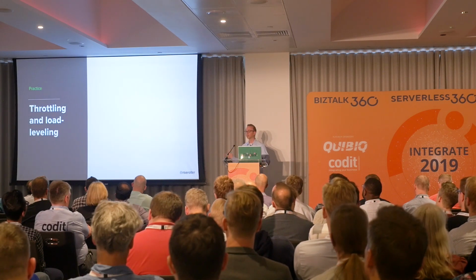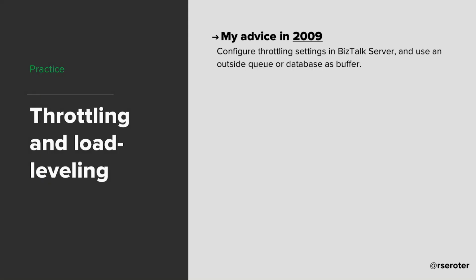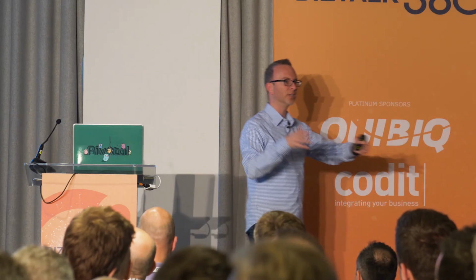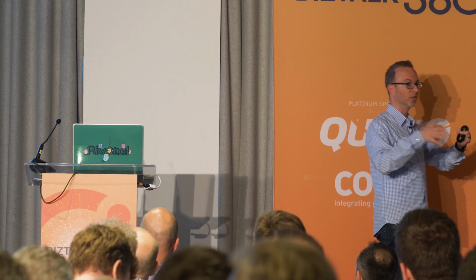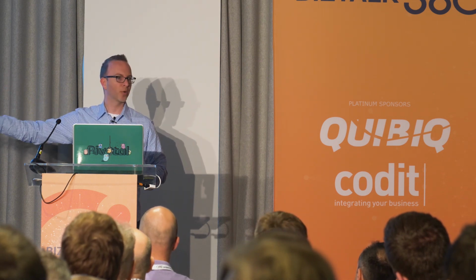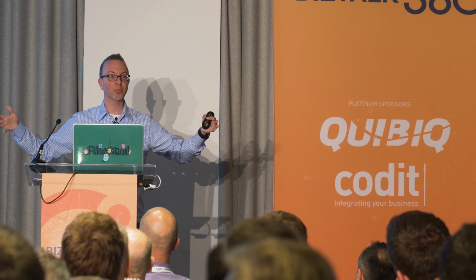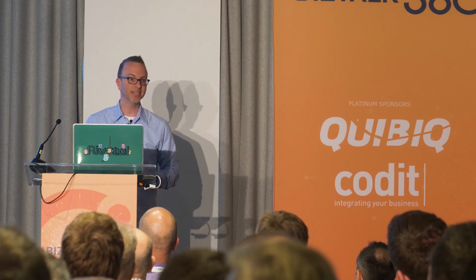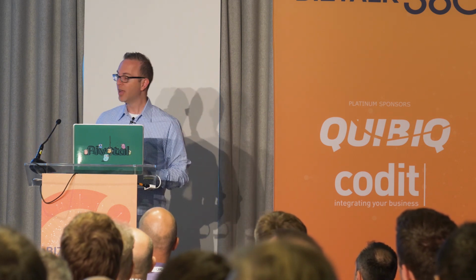Throttling and load leveling, right? What you did in 2009 is, look, I could do throttling settings in BizTalk. I might even inject MSMQ or some sort of staging database in front of BizTalk, or even at the end of it, if I wanted to purposely throttle it. I used to have systems that would collapse if I sent too many messages to them because they weren't ready for it. So you'd have to do this kind of single send port thread out. Yeah, it's some really cool features to purposely slow things down. That's neat if you want to go slow.